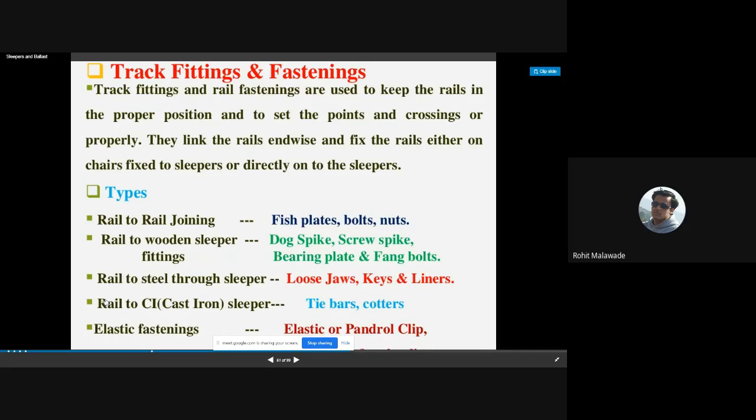Then rail to cast iron sleeper. In the previous classes, I have already told you what a tie bar is, right?